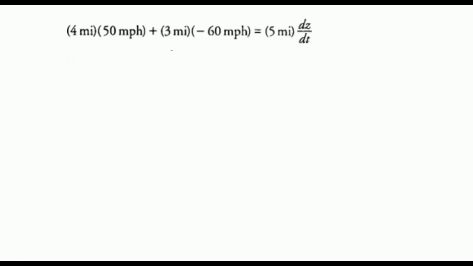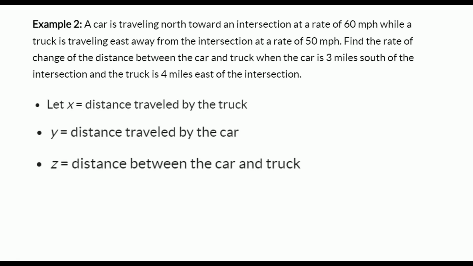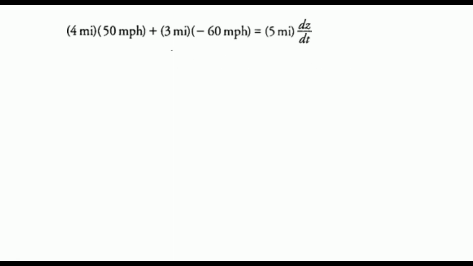Now I can put in the rest of the values given to us in the problem, okay? If you look back at the very beginning, we know the truck is 4 miles east of the intersection and the car is 3 miles south of the intersection. So we have 3 and 4 given there. We have the individual speeds, so put them back into your derivative. Like this: 4 miles times 50 miles per hour, plus 3 miles times negative 60. So this part here is the truck, this part here is the car, okay? And here is then the distance between,